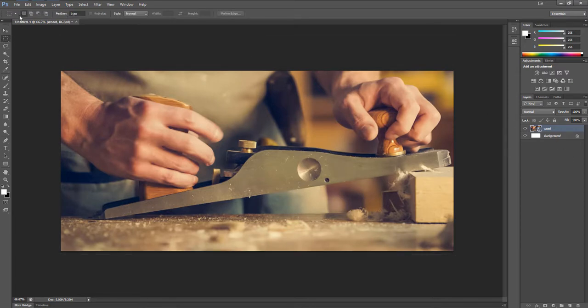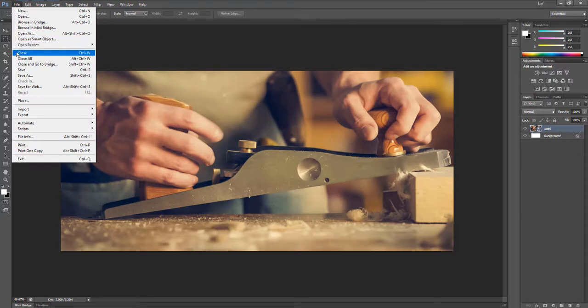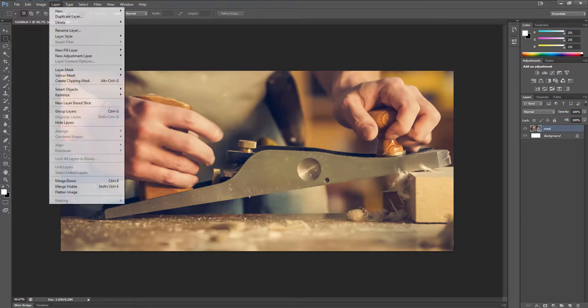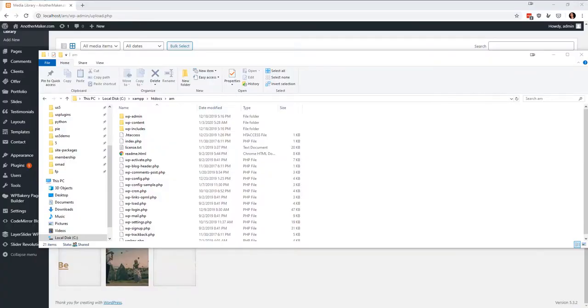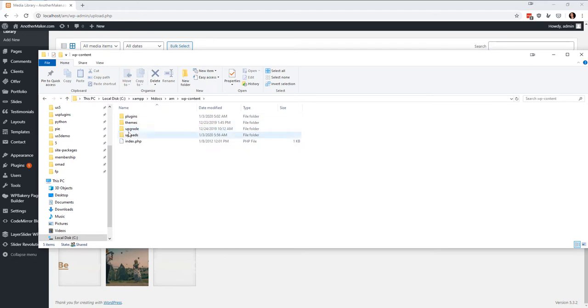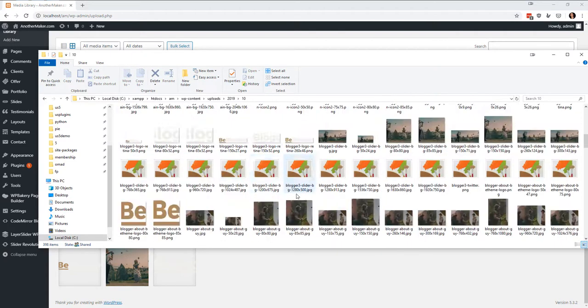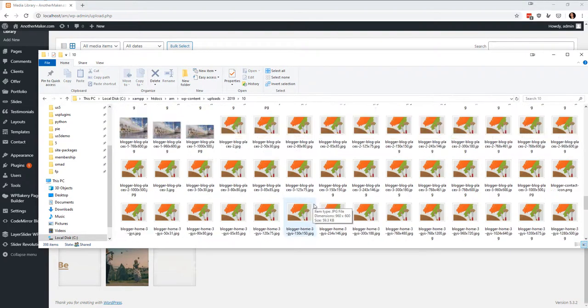Anyway, so I'm going to get this, and I'm going to save it. I'm going to save as, and I'm going to save it as that same file name as was in the media thing. So option one is just navigate to your folders, WP Content, what would it be? Uploads, 2019, 10. I think that picture is,